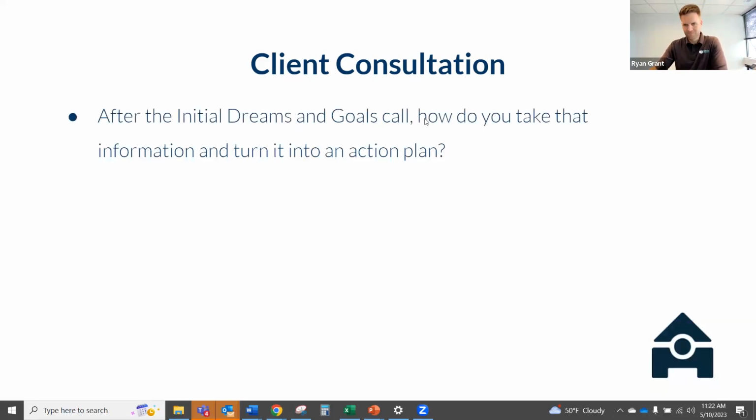So this is where your skill level, your knowledge level, and your talent level will come into play. When you're asking, how do you take the information and turn it into an action plan? I actually did this with one of our teammates the other day, and he just said, I just don't feel fully confident in knowing exactly what to do once I get the information. I said, okay, well, I'm going to give you a case study. All right, so let's imagine I'm your client, and I call you and I just say, hey,